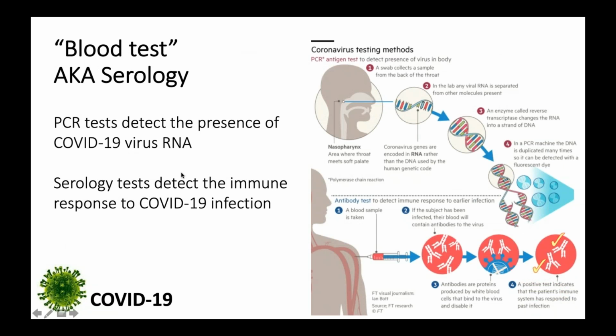Okay, so moving away from PCR tests, which is a test to detect the presence of viral RNA in a clinical sample. As you've seen in the news, and I'm sure there's a lot of discussion around the blood test. And what is the blood test? The blood test, also known as the serology test, is there to evaluate the immune response to the COVID infection. And so we're not looking for the presence of viruses as is for PCR. We're looking at the immune response to the infection that occurs in the host.